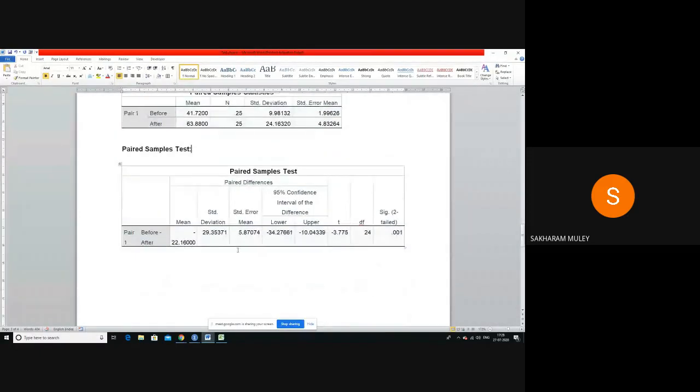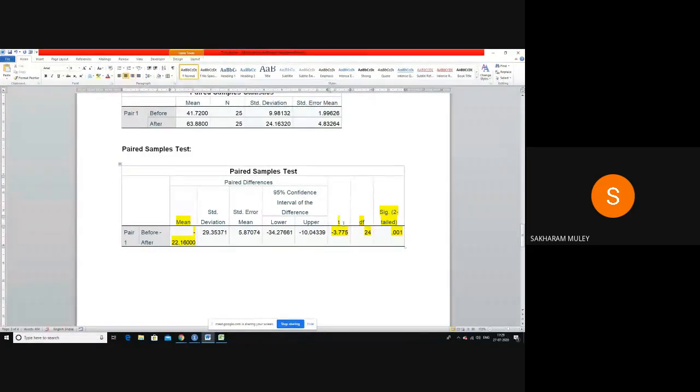Now which value are we interested in? This is the mean difference. Okay, understand this is the paired difference. So the average difference is minus 22.16. Why is this minus? Because it is before minus after. So here you get the whole calculation of before minus after: the standard deviation of the difference, the standard error of the difference, and the confidence interval of the difference, lower and upper. We are interested in these values; these are the four values which are very essential for me.